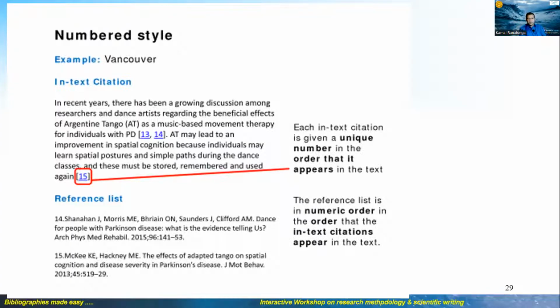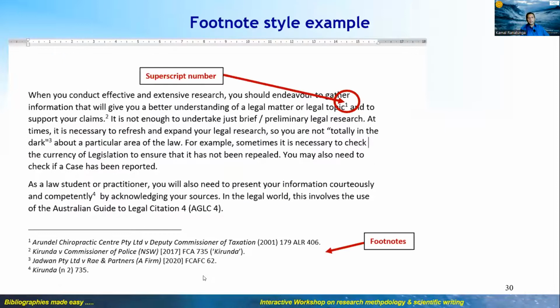So this is what we were talking about, the number style or the Vancouver example. And the third one is the footnote example I have shown previously as well. You can see it as a superscript. A number appears in sequence order as it appears, right? And that sequence, the number will be